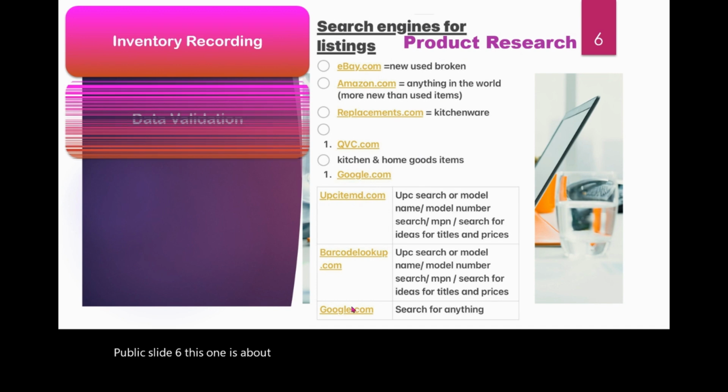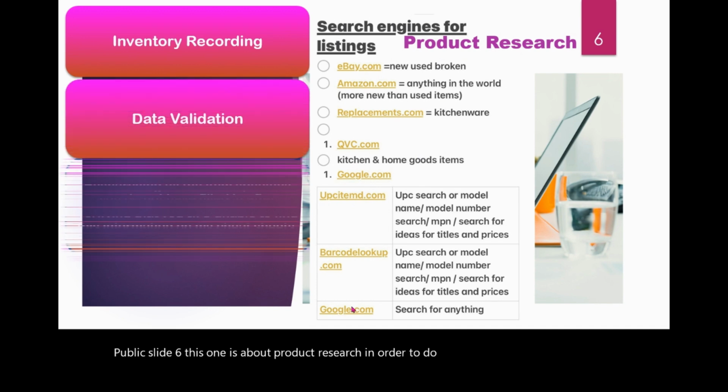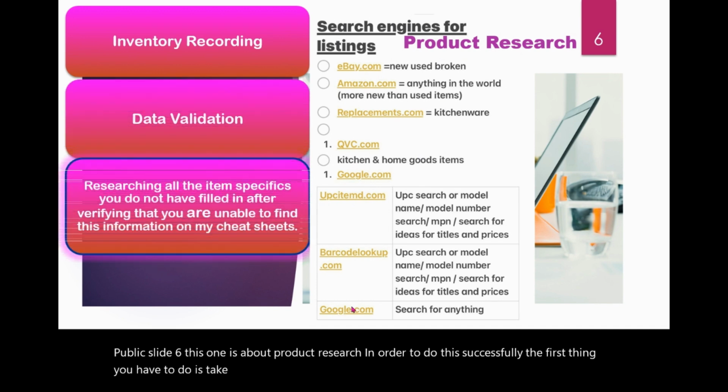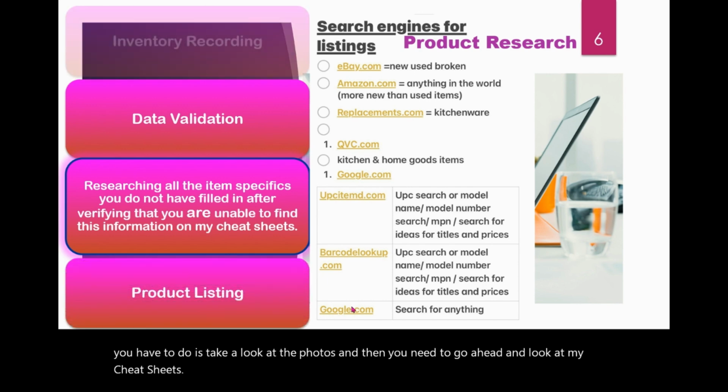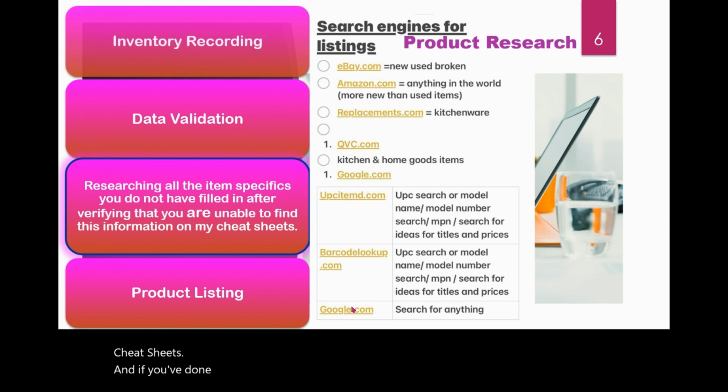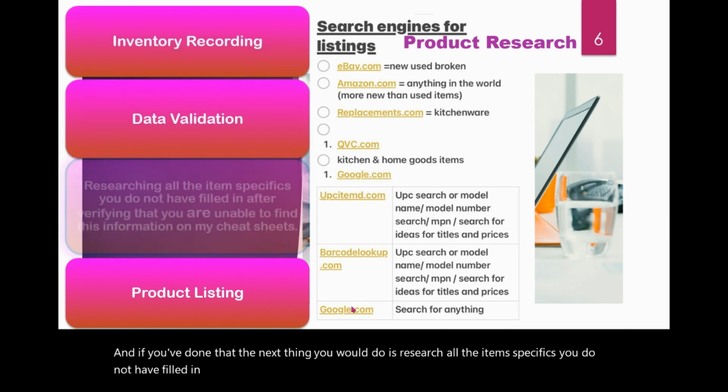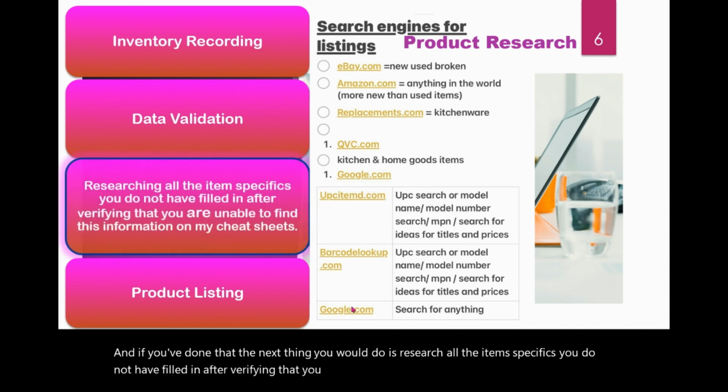This one is about product research. In order to do this successfully, the first thing you have to do is take a look at the photos. And then you need to look at my cheat sheets. If you've done that, the next thing you would do is research all the item specifics you do not have filled in, after verifying that you are unable to find this information on my cheat sheets